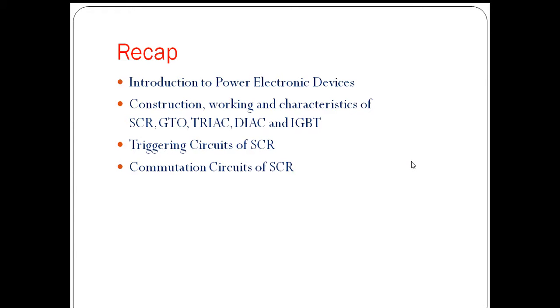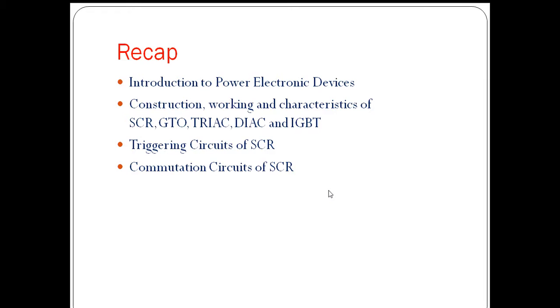So, for understanding the content in converters, it is very important to know the triggering methods of SCR. The main thing in this power semiconductor device is that even if the device is forward biased, it won't conduct. The device will be in conduction whenever we provide a firing signal through the gate circuit. When this gate signal is applied to a forward biased SCR, the device will be in conduction.